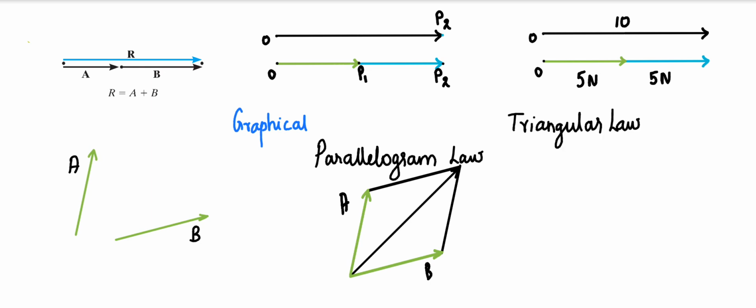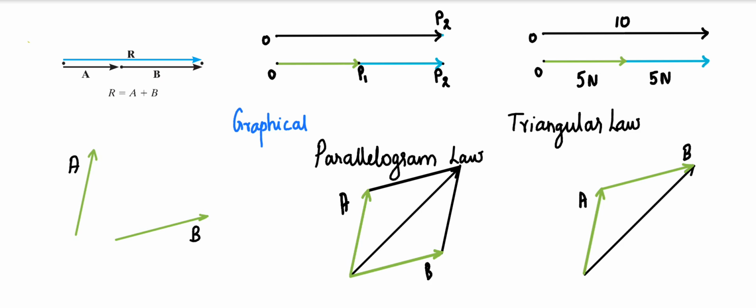Similarly, the triangular law states that first I have to draw a vector. From the head of the vector I have to attach the tail of the next vector. Completing this triangle, the closing side gives me the resultant. These are two laws that give us the solution to add two vectors a and b which do not have the same line of action of force. So this is what the law states.